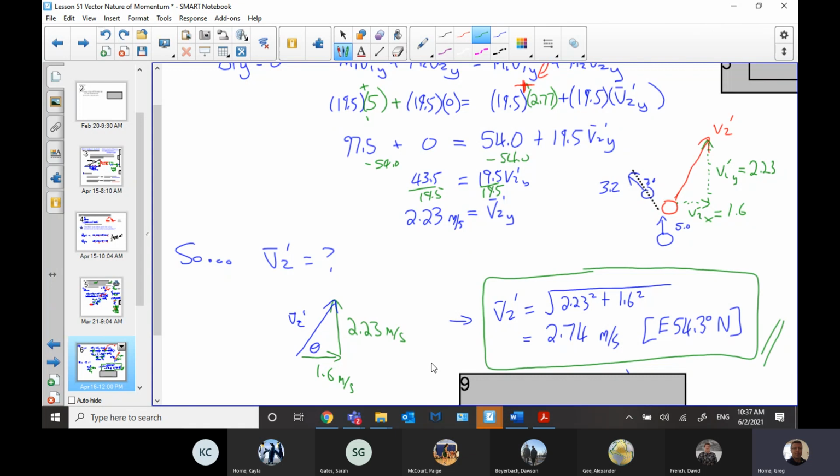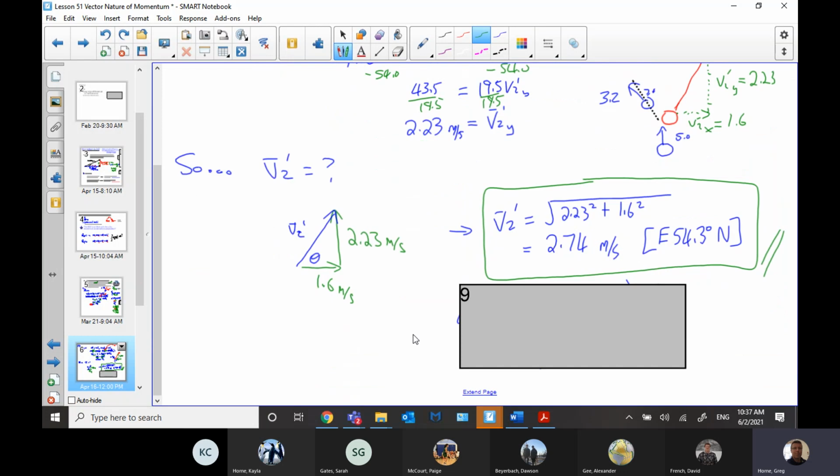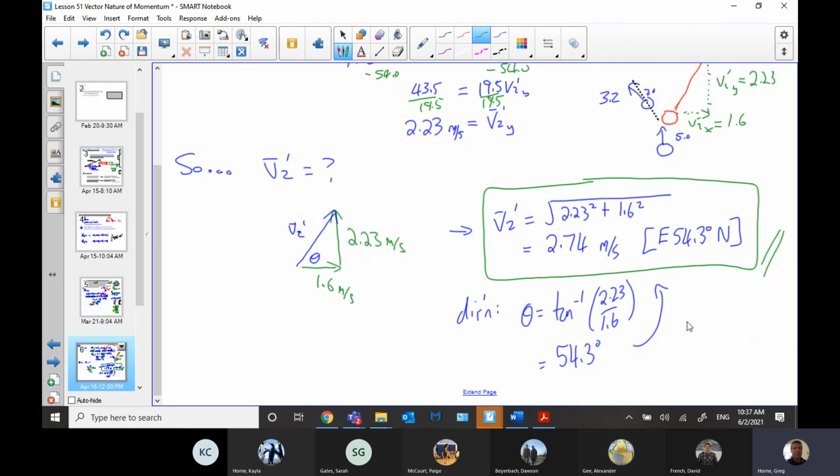So just like going directly to sine or cos for the components, physics people tend to just go right to the root of the sum of the squares for the length. It's actually called the distance formula in math, right? Root of delta x squared plus delta y squared. It's your distance formula. So it's not uncommon to use shortcuts like that. So root of the sum of the squares gives us the length, which is our speed value. And then that 54.3 is coming from recognizing that we have opposite and adjacent, so we do tan inverse. So that is the final velocity of the curling stone.